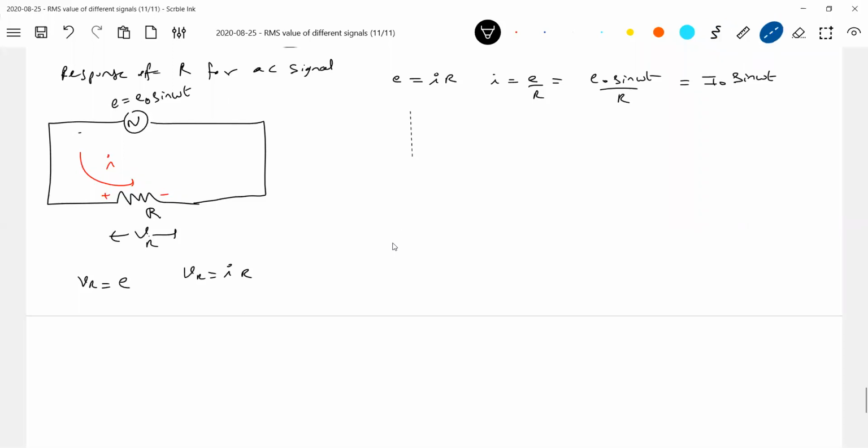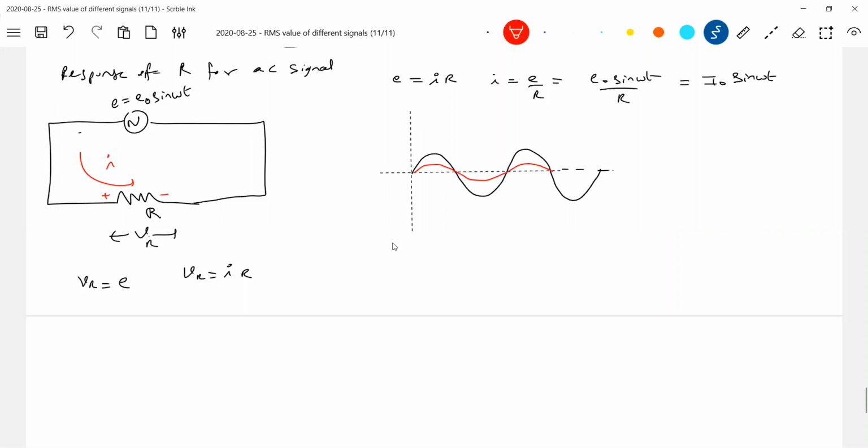They are in phase. So if I plot this, there's a rough diagram, I'll show it. So this is the drop across the resistor or the applied voltage, and the current will flow in this way. This is E and this is I. Shall I call it instantaneous current? And what is VR? Instantaneous voltage across the resistor is equal to instantaneous current into resistance. This is the Ohm's law across the resistor.